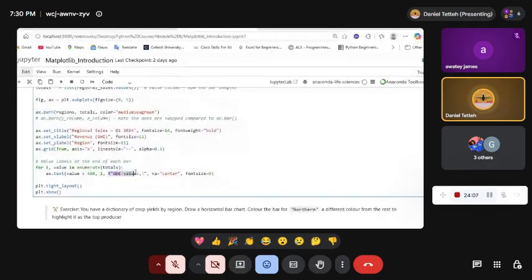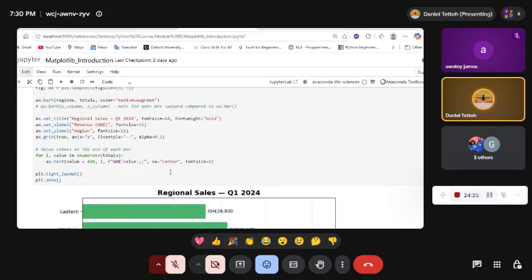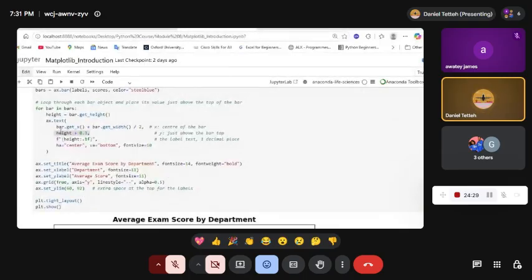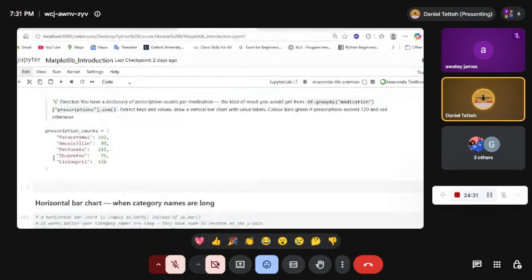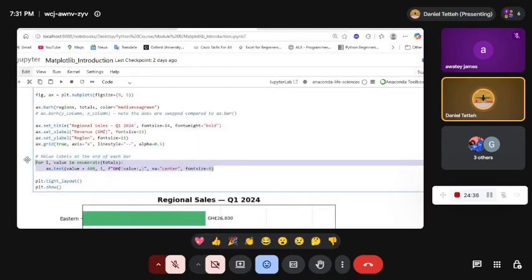Here you have the value, and we are not putting it to any decimal place, so we just want the value like that. Then we specify this parameter and set it to center, and then the font size. Then we use tight layout, then plt.show. Let's see that in real action. You see that this long for loop has been compressed into a very short list expression like that. And you can implement both of them